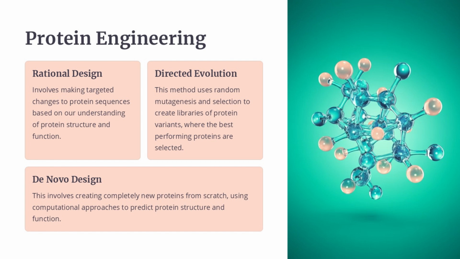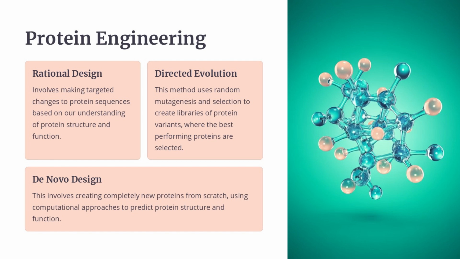Directed evolution uses random mutagenesis and selection to create libraries of protein variants from which the best performing proteins can be selected. This mimics the natural process of evolution. De novo design is the most ambitious approach, where we use computational methods to design completely new proteins from scratch, predicting their structure and function. Each of these methods has its own strengths and can be applied depending on the specific goals and challenges of